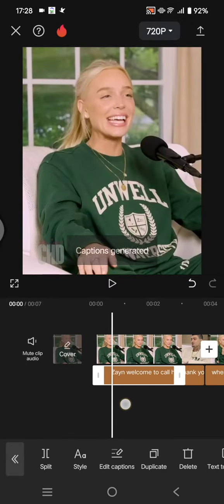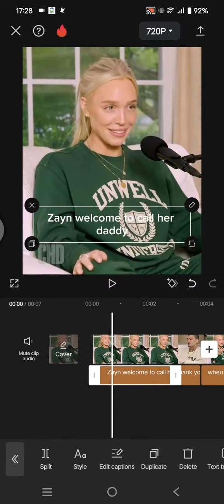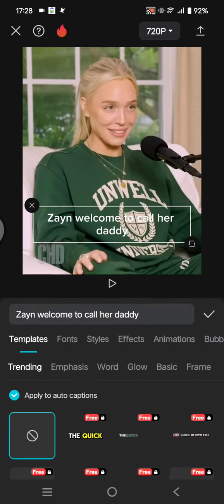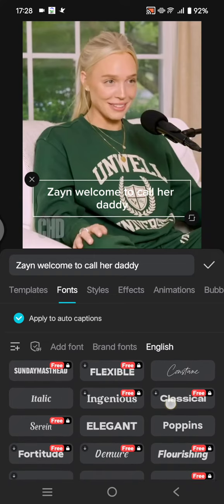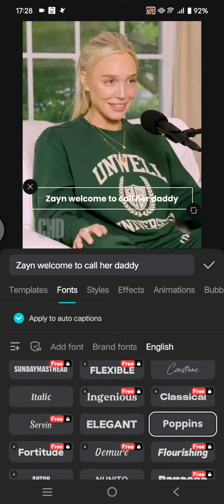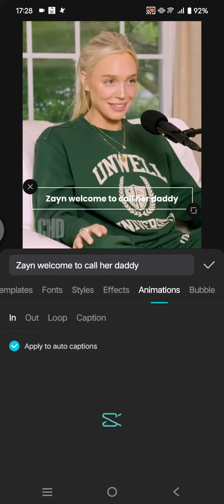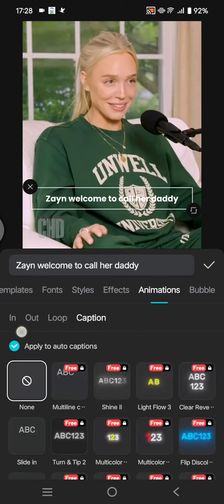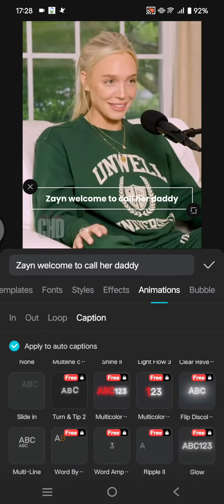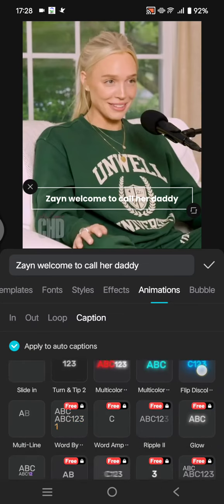So after the captions are generated, you can see here you can change it to a style first. For example, I'm going to change the font into this Poppins font, and after that, to add the highlighted effects, go to animations, click on the captions tab. Before you select the animation, you need to make sure that it will apply to all of the captions. So check this box, this circle right here, until it turns blue, and just select the border pop-up